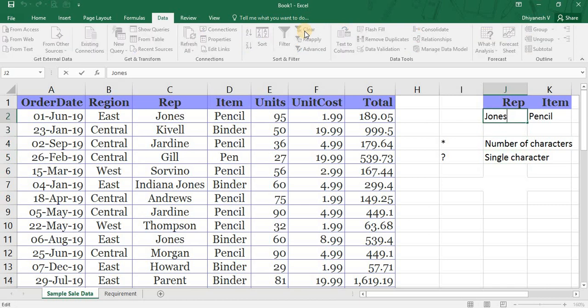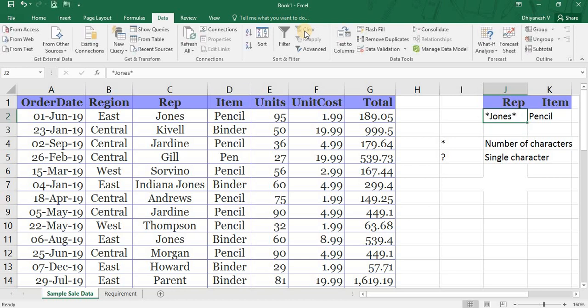Before Jones, I know something is his first name, or I know Jones is his name, but I don't know whether it is a first name or a last name. So I'm giving star, Jones, star. You may call it an asterisk, star, or multiplication symbol, whatever you want.